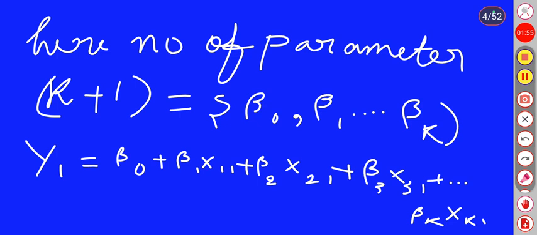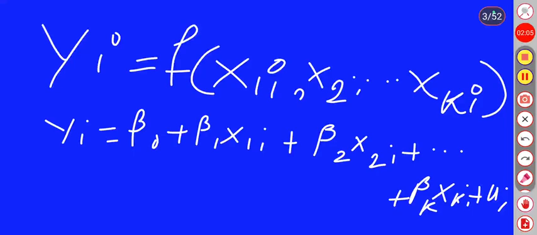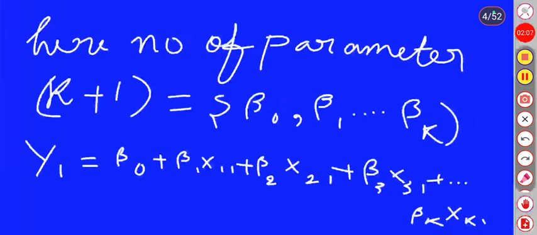Similarly, y2 is equal to beta naught plus beta 1 x12 plus beta 2 x22 plus beta 3 x32 plus up to beta k xk2, and y3 is equal to beta 0 plus beta 1 x13